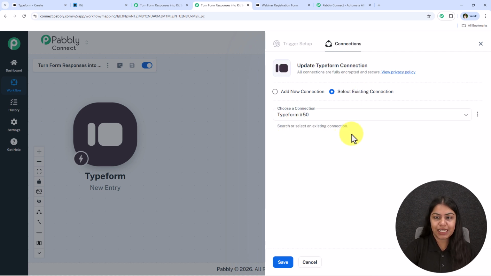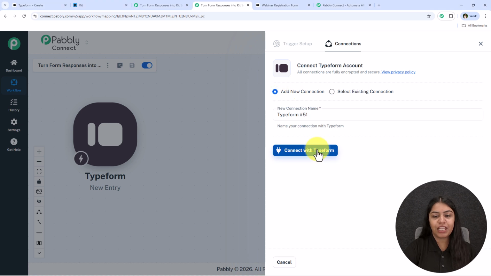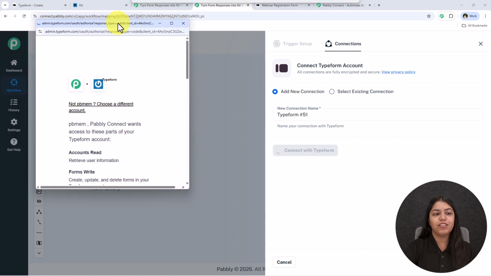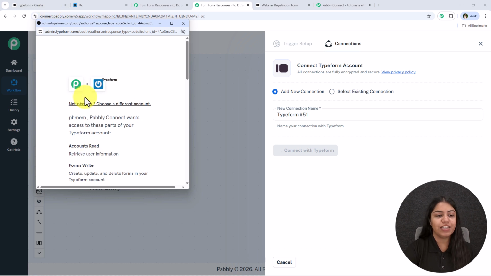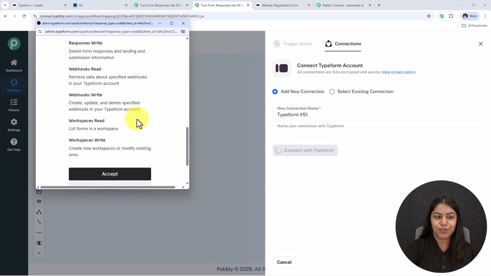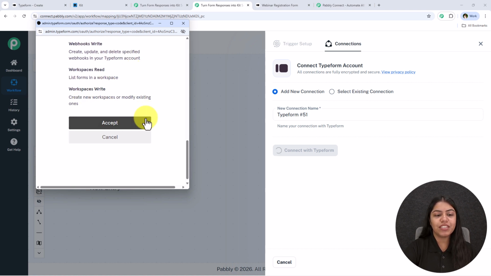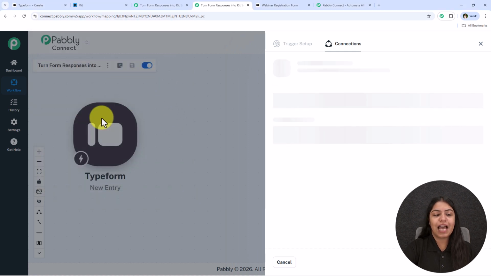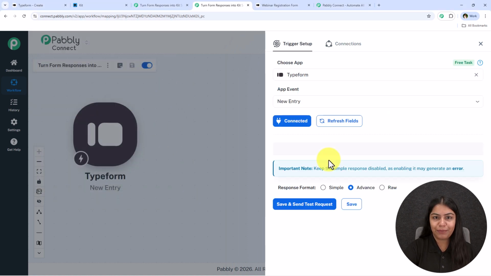Now, if you've already created a connection between Typeform and Pabbly Connect, then click on this select existing connection and then save. But if you haven't, follow me, click on add a new connection and then connect with Typeform. Once we click on this connect with Typeform, we have to make sure that a Typeform account is logged in before starting with this automation. Otherwise, first Pabbly is going to ask you to log in to your account, and then only you're going to get the option to give all the permissions. So once you get the option to give all the permissions, just click on this accept and give Pabbly all the permissions it is asking for, because your data is 100% safe with Pabbly. Once you click on this accept, your Typeform account will be connected with Pabbly Connect, and after creating